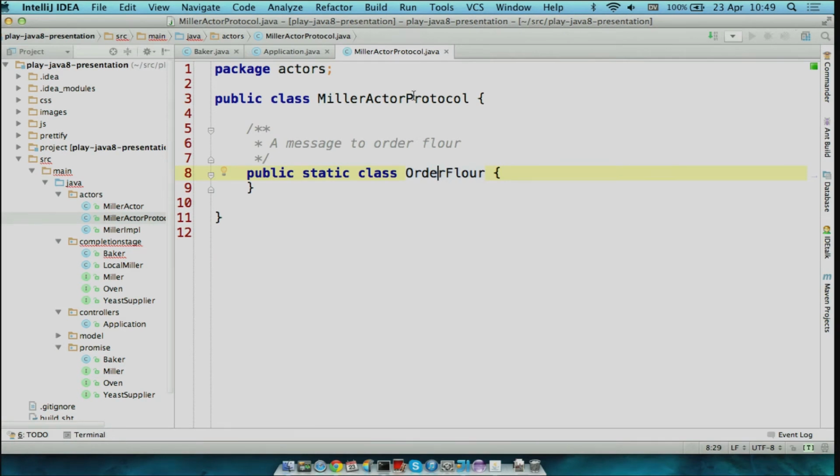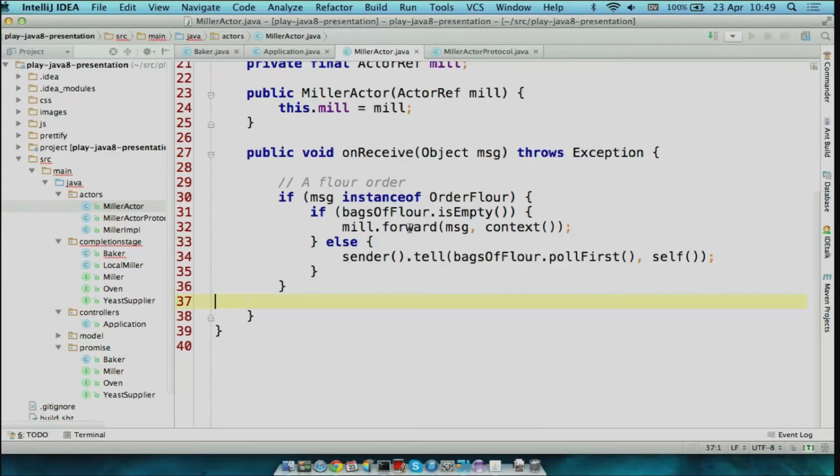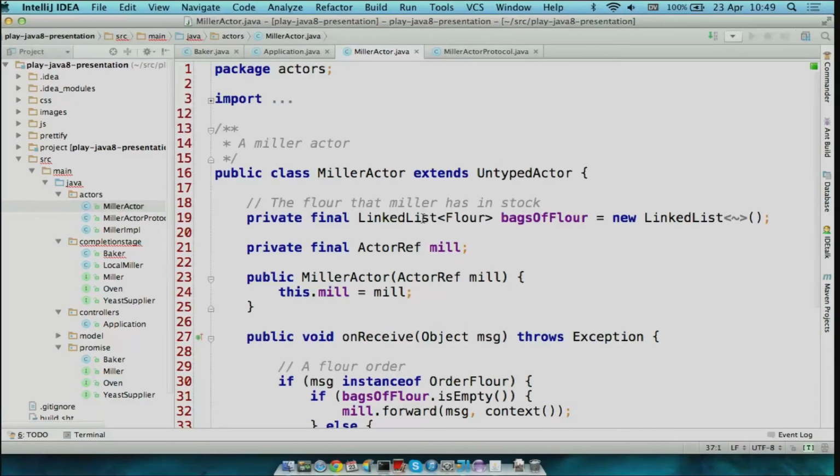The convention in Java for defining the interface to an actor is to have a class called the actor protocol for that thing, and then put all the messages that it can receive inside that class. So we've got this order flower message, and then our miller actor is an Akka actor. It's got a linked list of bags of flour, and it's also got an actor ref for the mill.